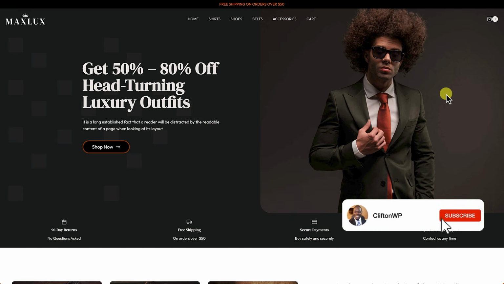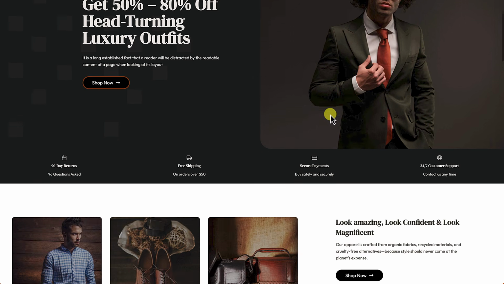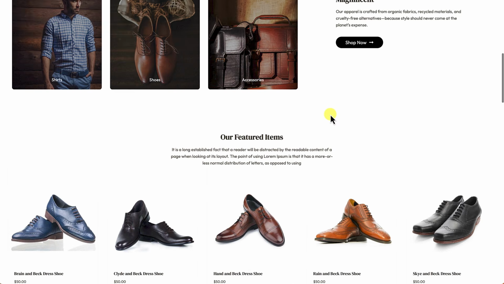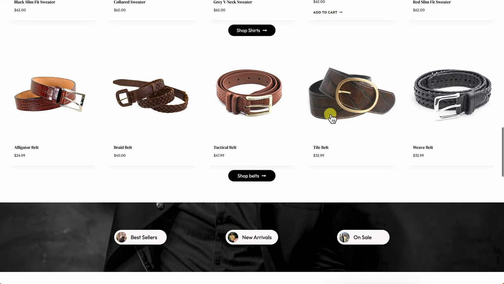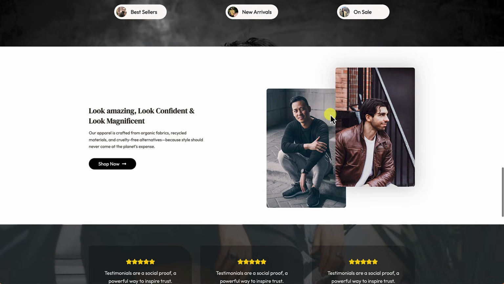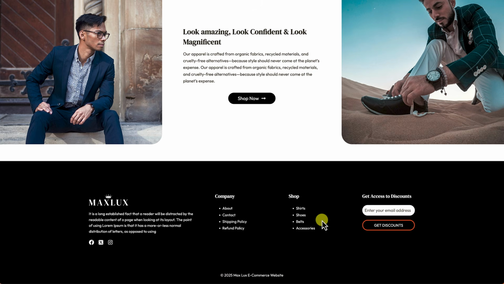Okay, so let's go ahead and take a look at what we're going to be building. What you're looking at here is a completely custom e-commerce website that's built on the Kadence theme with Kadence Blocks, and it's utilizing WooCommerce for the e-commerce functionality. And what you're going to be learning how to build is this home page, including the featured area, the different sections. I'm going to show you how to add your products to the front side of the website. And I'll even show you how to create this nice footer over here that has an opt-in form on the